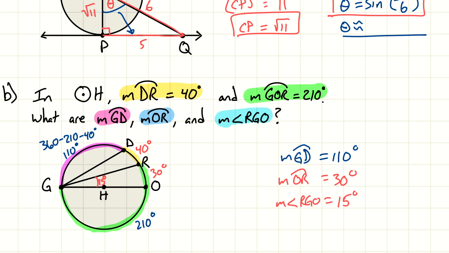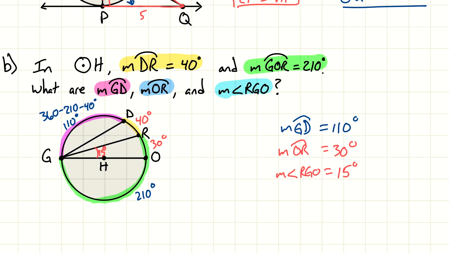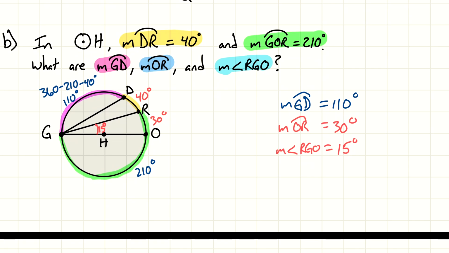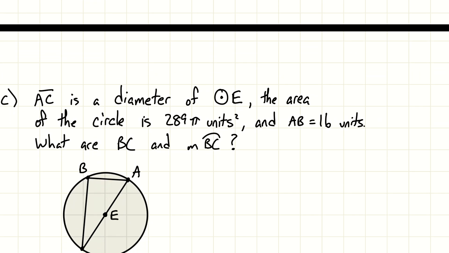All right, so there's a lot. This is a really good problem. You have to know a bit about major arc, minor arc, semicircles, inscribed angles. That's a good problem to review. All right, and then the last one